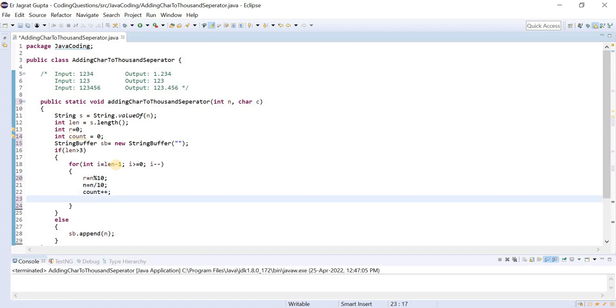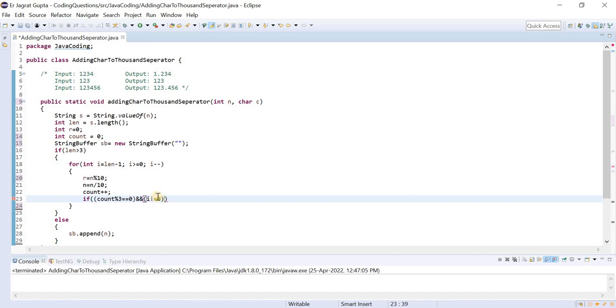And as soon as count is equal to 3, so what I will write, count modulo 3 is equal to 0, and i should not be equal to 0.